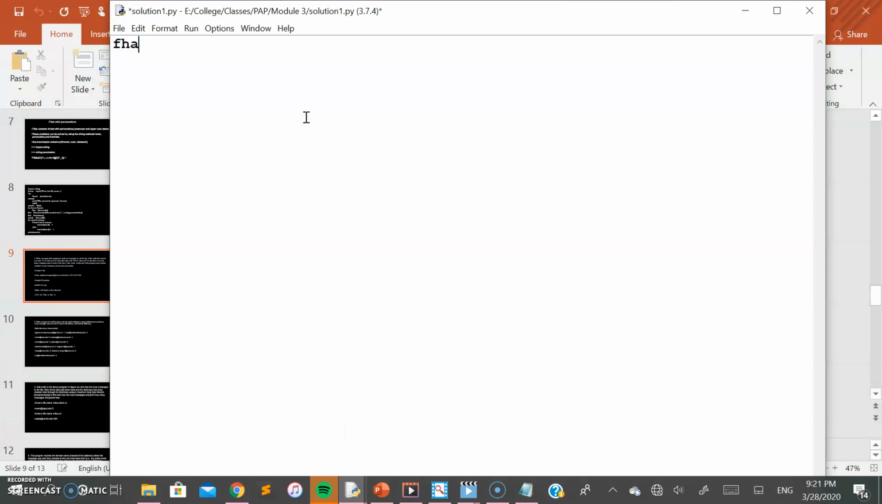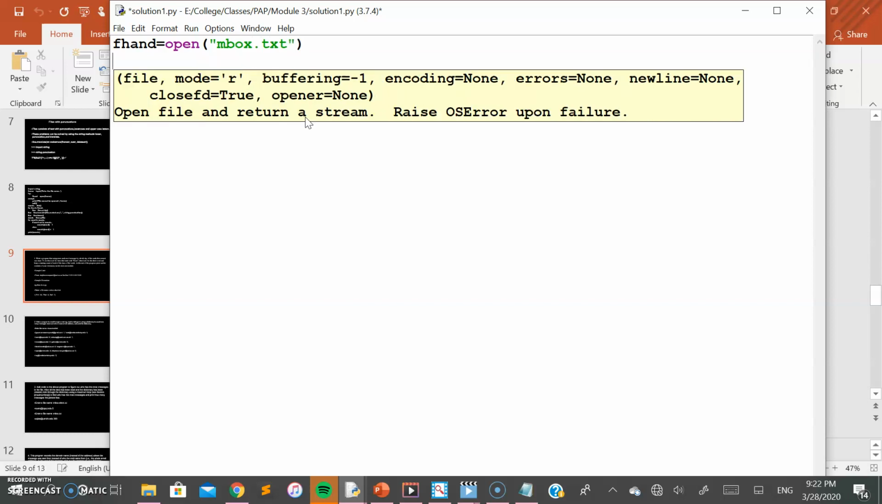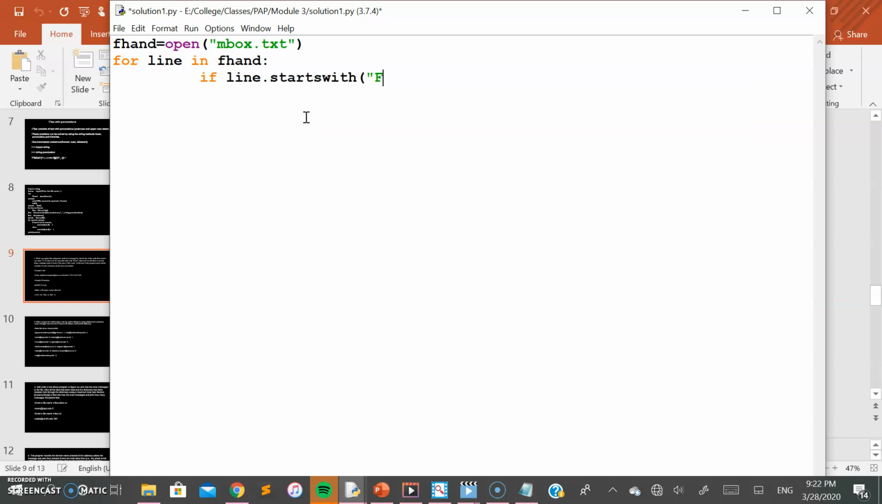So we'll open a file. We'll traverse across the lines now, for line in file. You are already familiar with how you traverse across the lines. Within this entire content of the file, we are interested in only the line that starts with From. F needs to be capital because Python is case sensitive, and